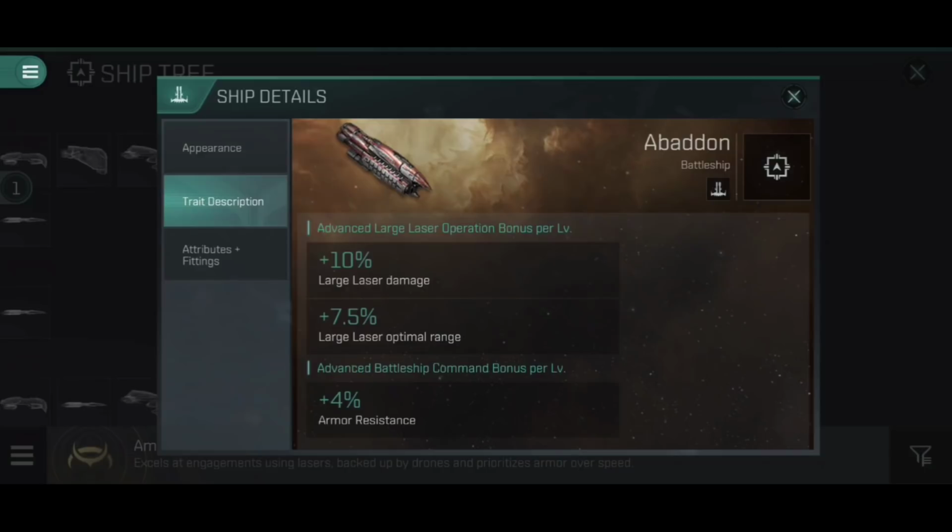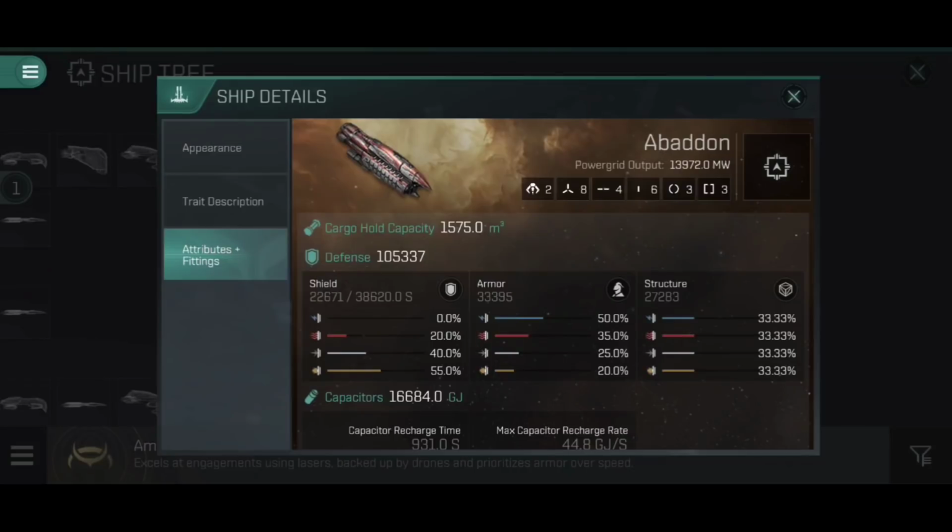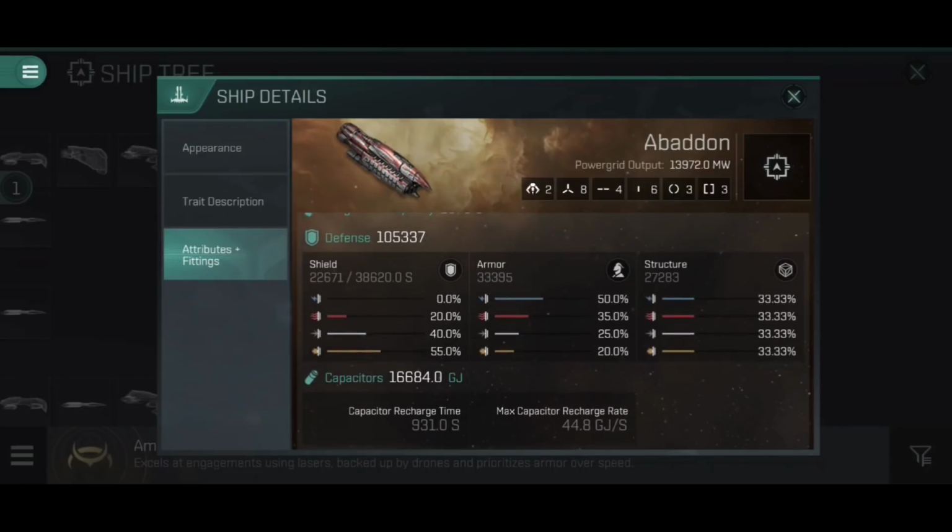4% armor resistance as well per level of advanced battleship command is really going to help you out and keep you tanky and alive. It's got some severe tank to it as well, this thing. 6 low slots, 8 high slots, 4 mid slots is a decent amount there. We've got a lot of defense,